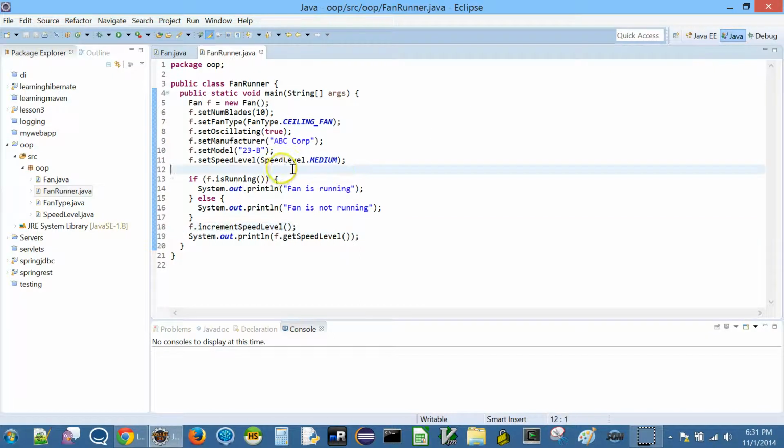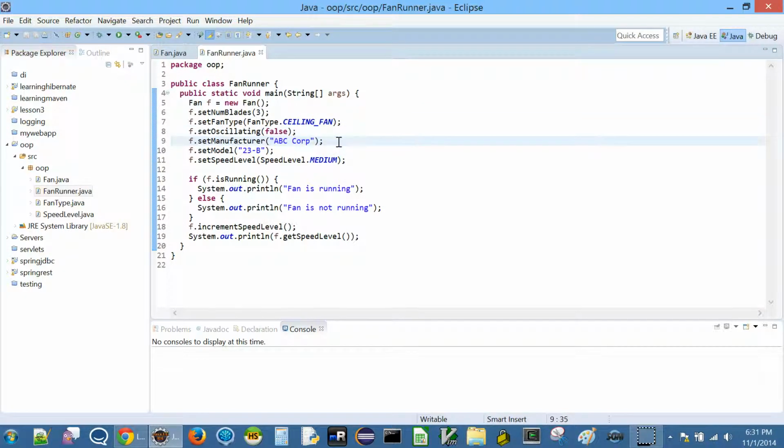So what do we expect here? So let's set the number of blades to maybe 3, okay? And then rest of the things are fine. Oscillating is going to be false, right? See, this is another thing we need to notice. It's a ceiling fan, so this field is not even applicable, right? Ceiling fans are not going to be oscillating. Here the client has to set oscillating to false. We'll see in a moment how to fix this problem. Okay, we'll come back to this.